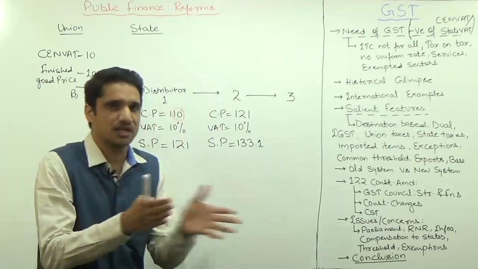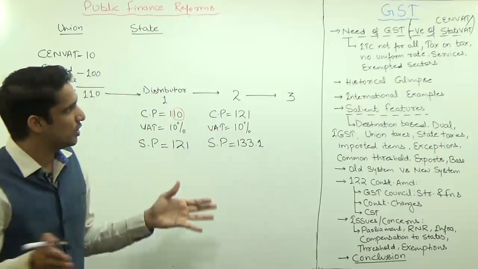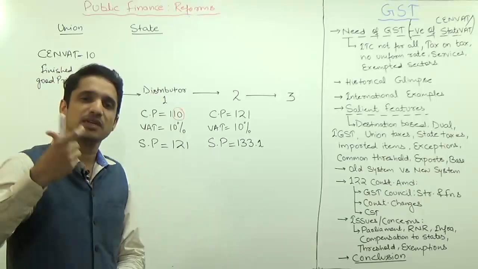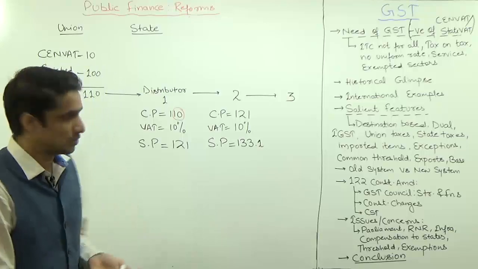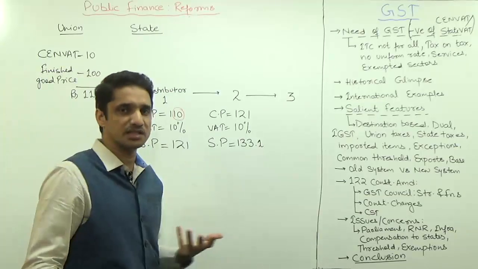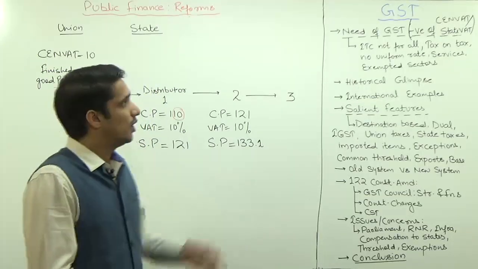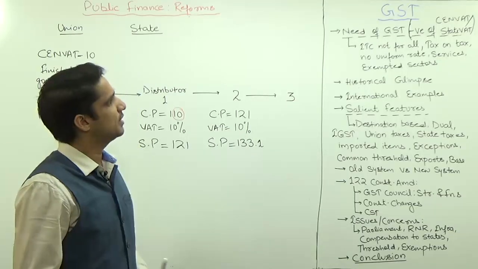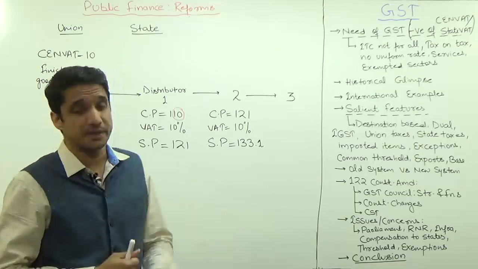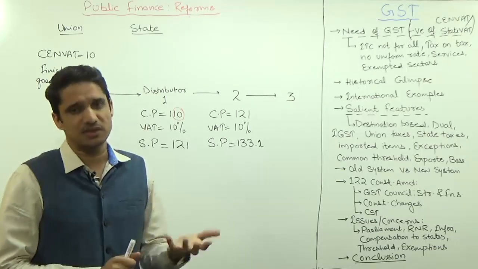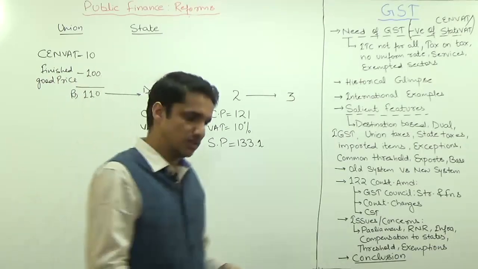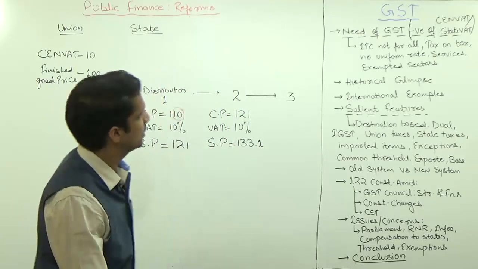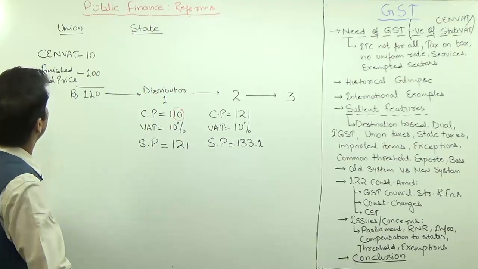So GST is going to unify or amalgamate the states' indirect taxes as well as the union government's indirect taxes. The majority of the indirect taxes will be amalgamated when GST is implemented in India. The GST bill is still pending in the Parliament. It has been passed by the Lok Sabha, but because the present government does not have a majority in the Rajya Sabha, it has not been passed by the Rajya Sabha. Anyways,